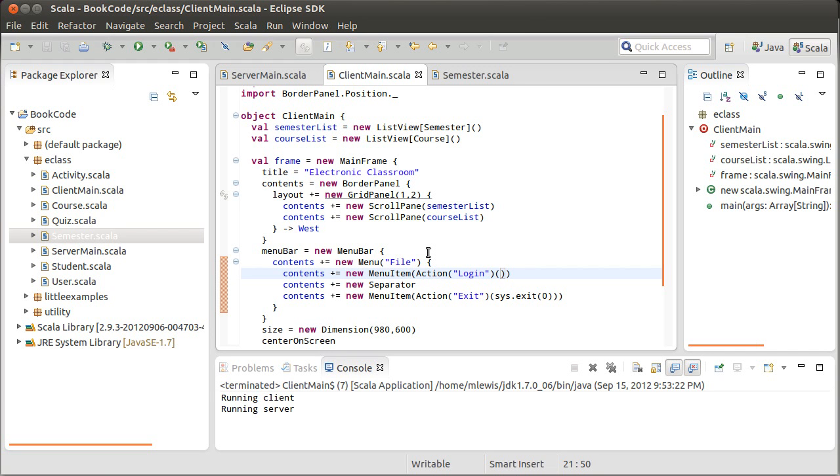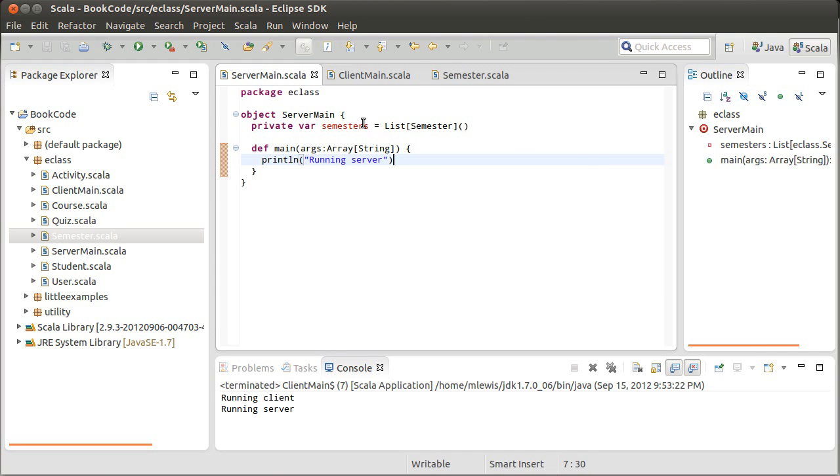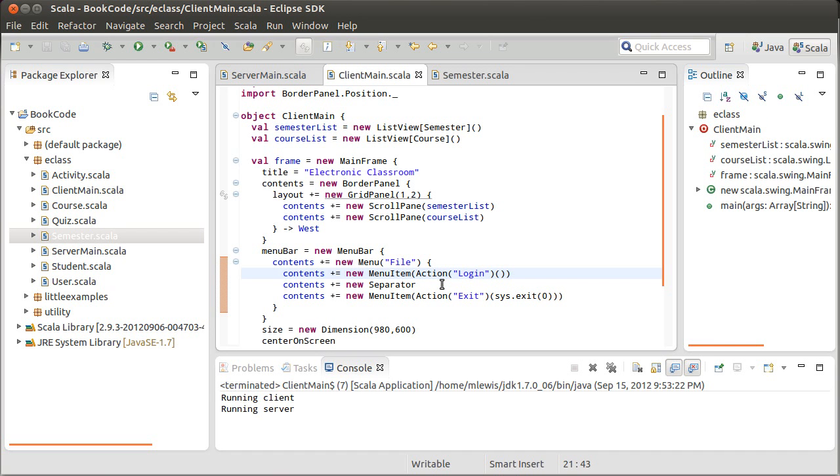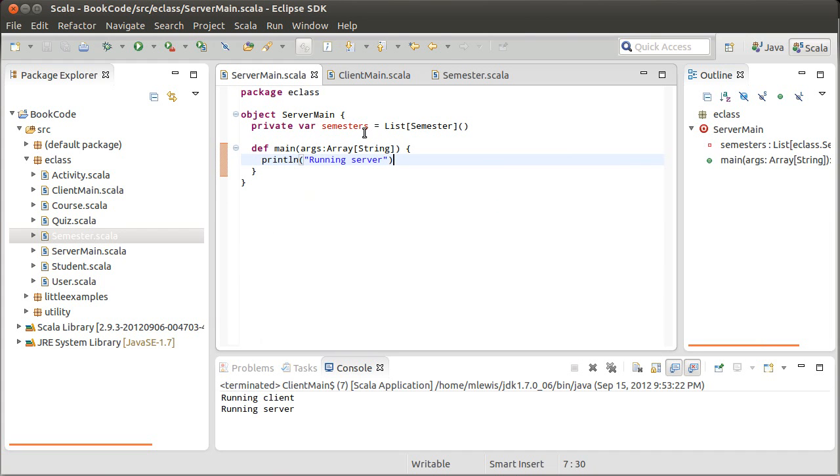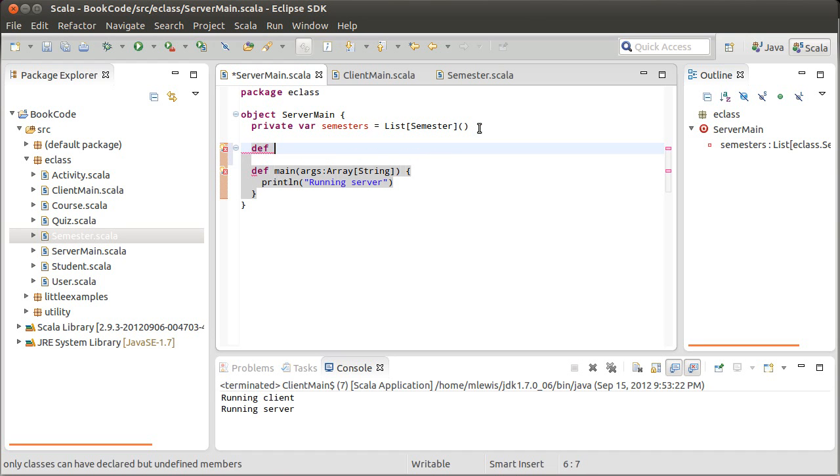How are the server and the client going to talk to each other? So ideally, what we're going to wind up having is having it so that the user does a login that sends some information to the server. The server has to verify that whatever information was typed in at the login is actually correct, and you have a user with that name. And then the client needs to be able to ask for information. So for example, the server has these semesters in it. The client needs to be able to ask for that information. So how about we